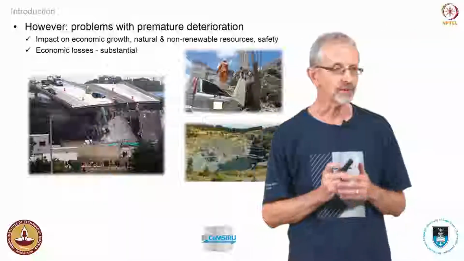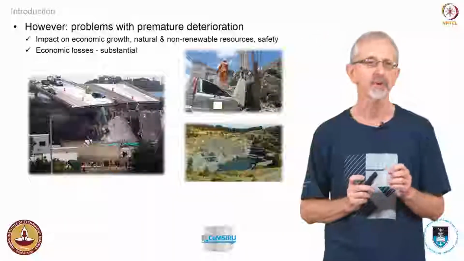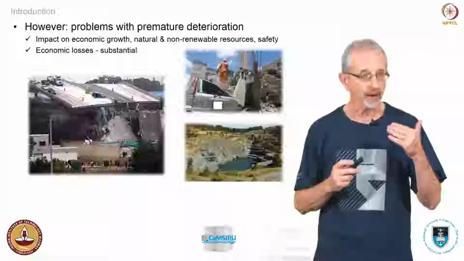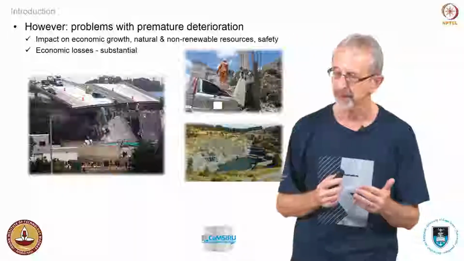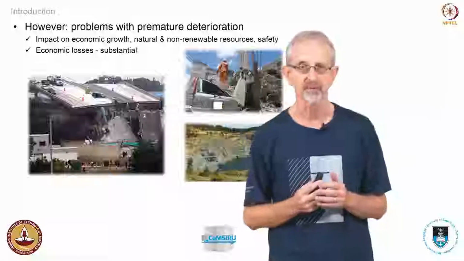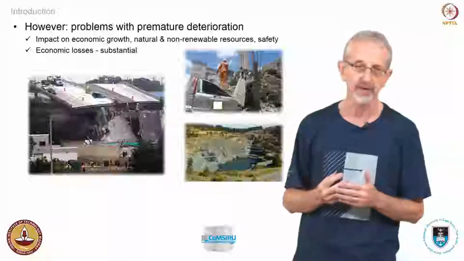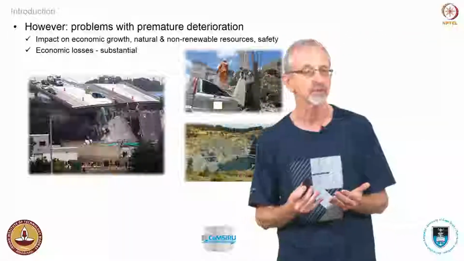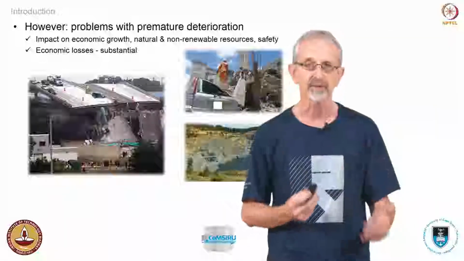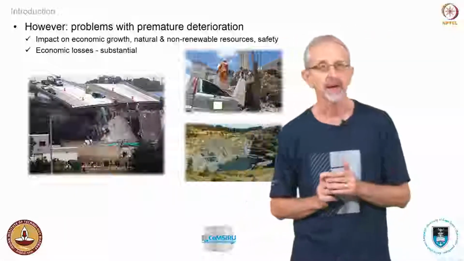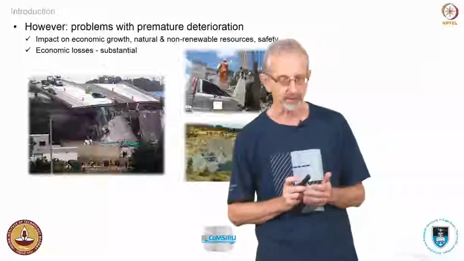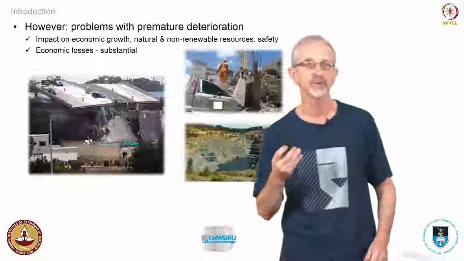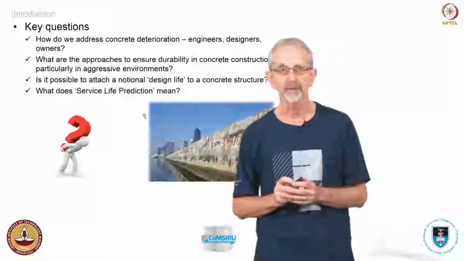But having said that, we do know that we have problems, and the problems that we have are largely around what we call premature deterioration. The fact that concrete on occasions deteriorates more rapidly than we would like it to do. So we live with this problem of deteriorating infrastructure, sometimes collapsing infrastructure, sometimes infrastructure that does not fulfill the need for which it was designed, and so it comes to the end of its design life, or its useful life, rather early, and that impacts on economic growth, it impacts on losses to the economy as well. And of course it uses up resources that we could well use elsewhere.